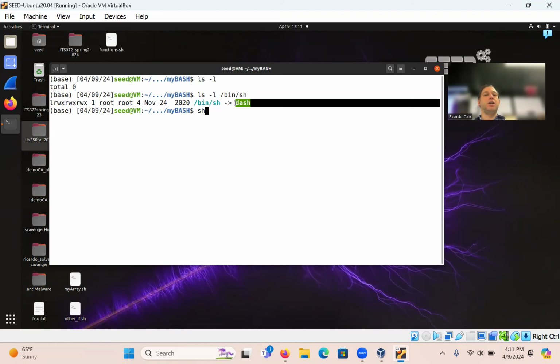And there could be a thing. I could change that symbolic link. I'm pretty sure I could change it to CSH. I think CSH exists. Let me try that. It does exist, right? It's right there. That's another bash type interface. Okay, command interpreter. Does that make sense, guys? So there's several: bash, dash, CSH. I believe actually on the SEED VM, this CSH has a vulnerability that can be exploited. So if I wanted to, I could change /bin/sh to point to CSH.